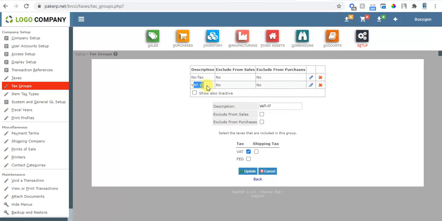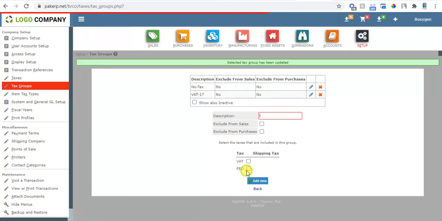This VAT group will be assigned to customers and suppliers. So taxes are assigned to tax groups, and tax groups are assigned to customers and suppliers. I think you are getting my point. So if I add both in VAT 17, VAT plus FED, and update it.